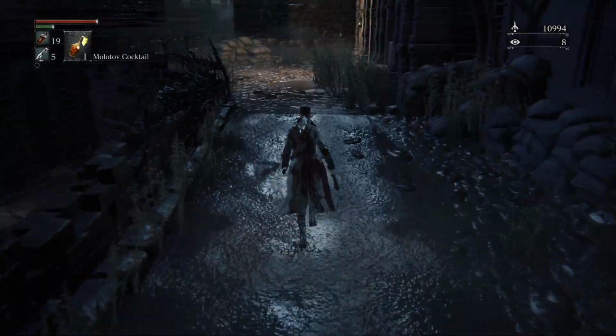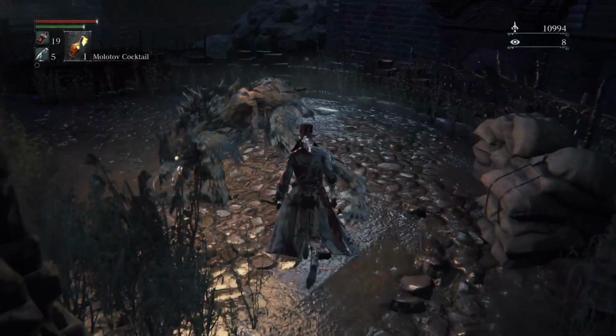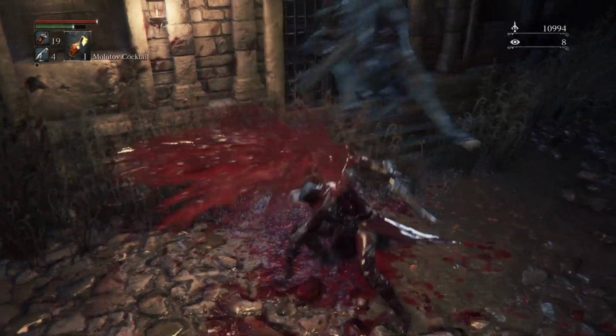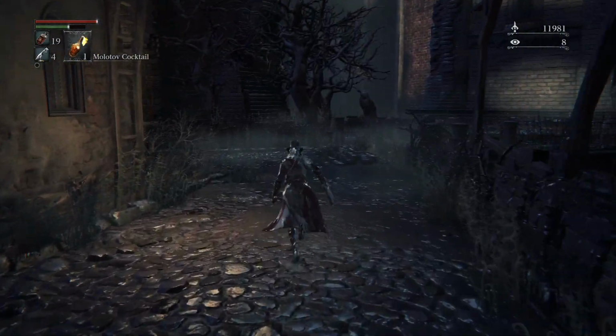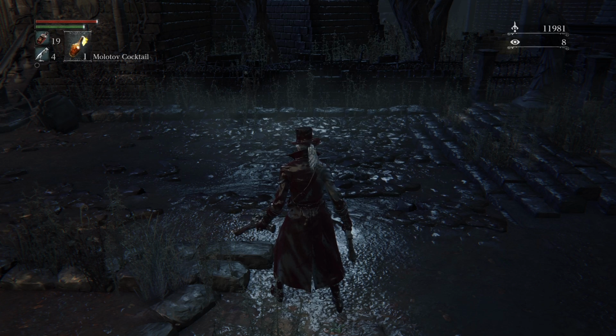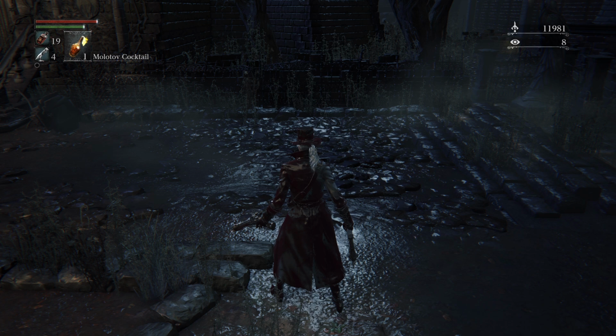Over here and grab a pretty important item in the game. Beast blood pellets are pretty important, but I don't think it's something somebody on the first playthrough would use. I mean, sure, you could use them on your first playthrough, but I think for the most part, you want to learn more about the game before you jump into using